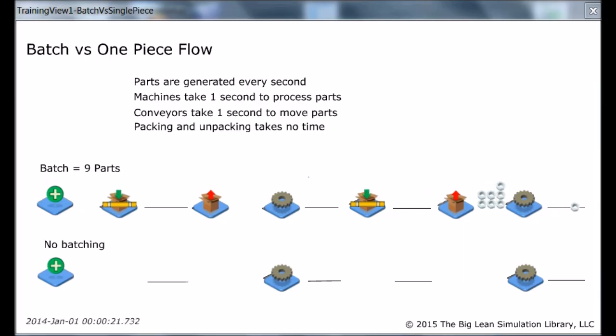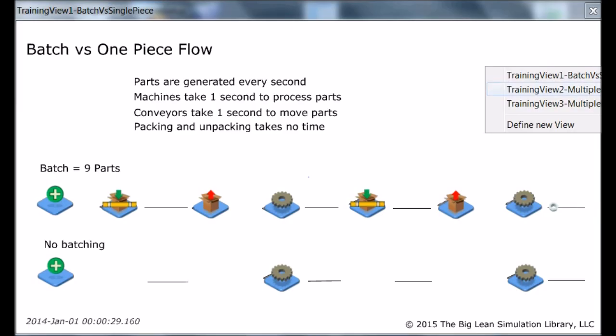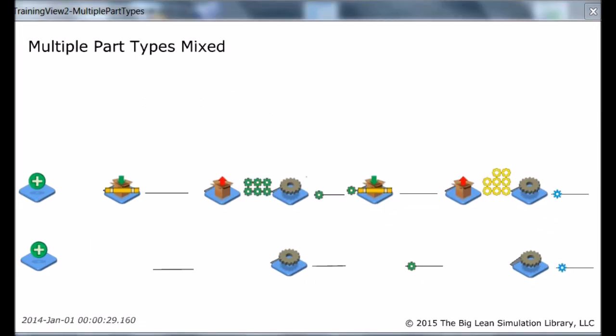Now it's unpacking. It's being processed. And finally it's getting done. So visually you could see a big difference in the 2 scenarios. So now we're going to do something similar,